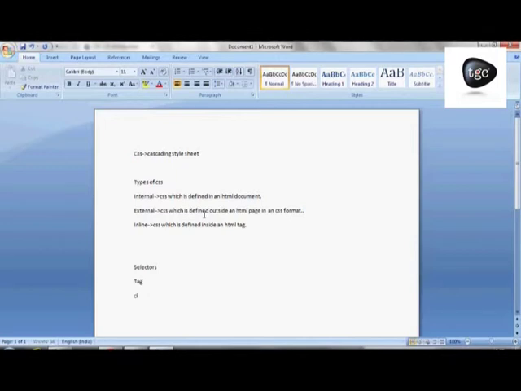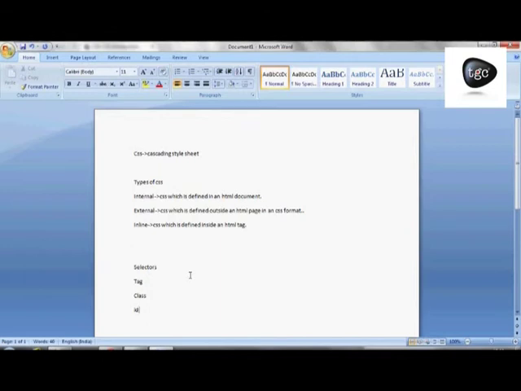Now we are going to talk about class. What is class? Class is defined by a dot and a class name, and it is called by the class name using a class identifier, or you can say class attribute. With the help of a class, we can style whichever tag we want. Suppose I have defined the class ABC, which contains background color red. In whatever tag I want the background color red, I just directly call the class. Then third, we talk about ID. ID is defined by hash and is called by ID name wherever you want.